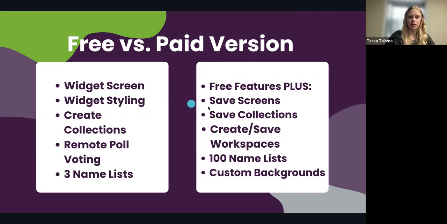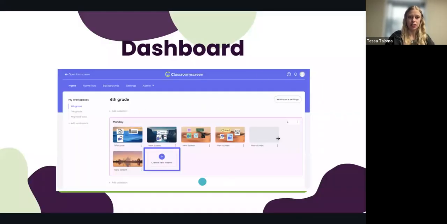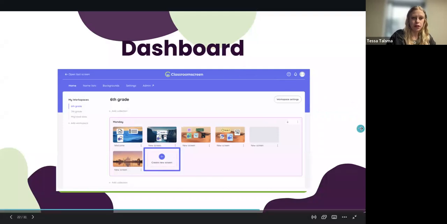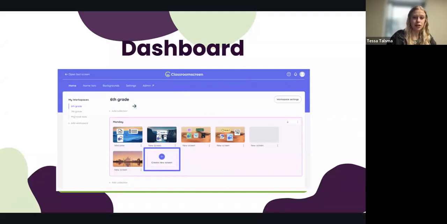So when we talk about our dashboard, this is what it's probably going to look like. You are able to customize it to a degree, but for the most part, your dashboard is going to look like this. This is just an example board. So again, you're not going to have the specific sixth grade in all of these screens, but it's a good